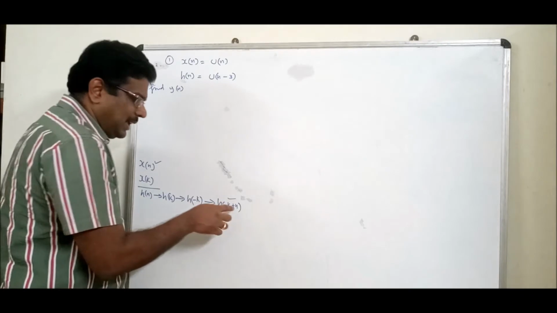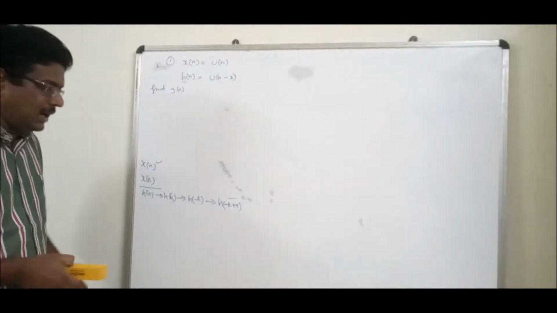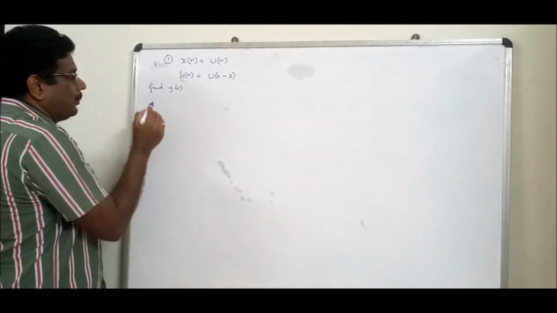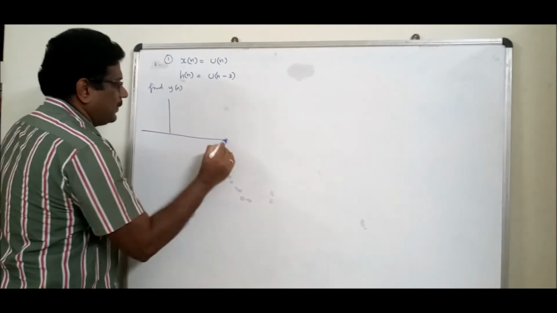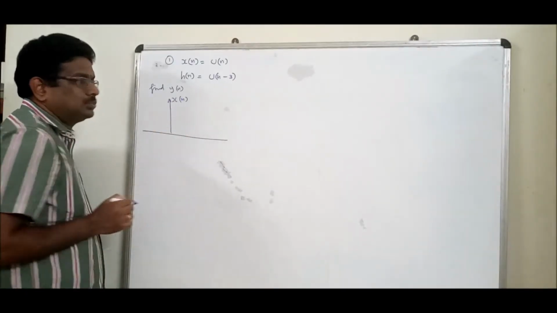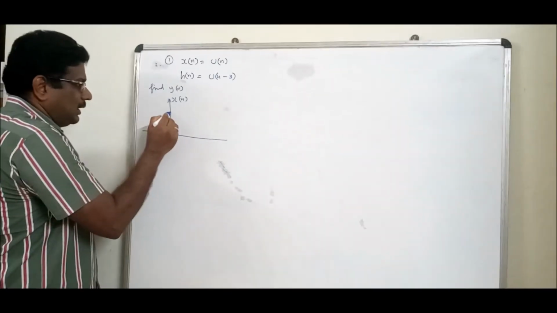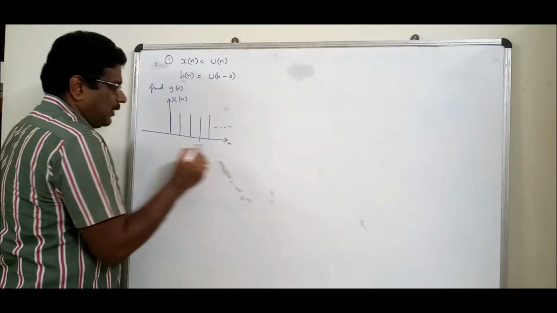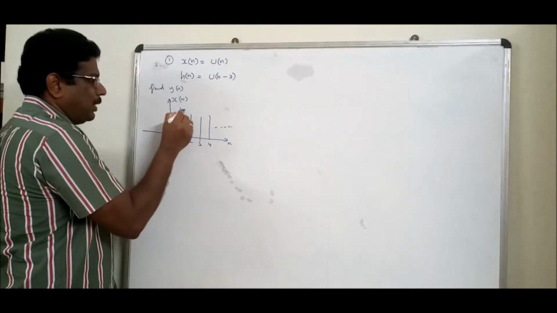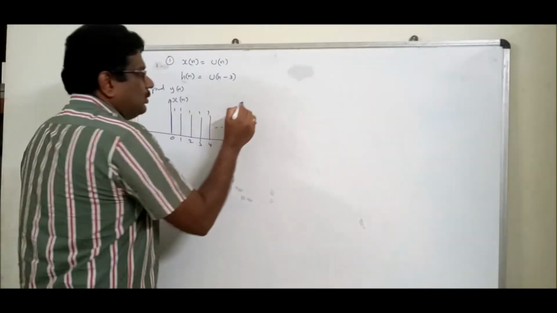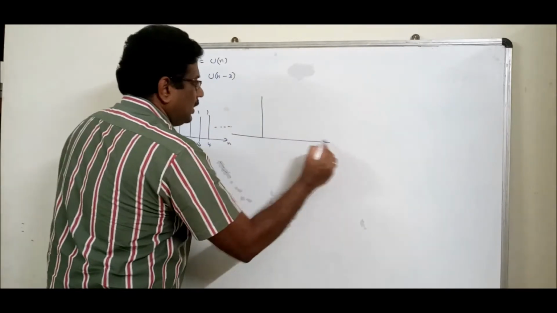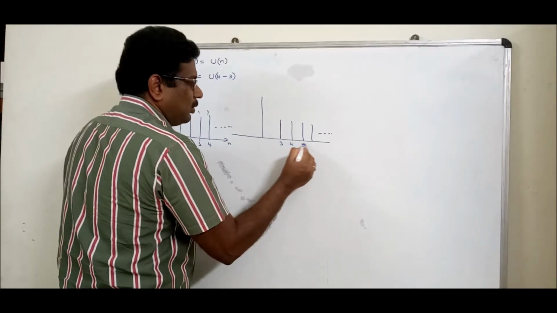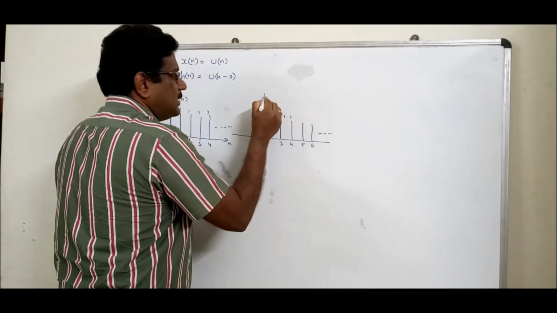The main variable is t there; here it is n. The dummy variable there is tau; here it is k. Let us start with the preliminary work. Let us sketch the signal. What is x of n? It is u of n, discrete. Dot dot dot up to infinity: 0, 1, 2, 3, 4. Amplitude is 1. Let us do h of n, which is right shifted, n minus 3. We start from 3, 4, 5, 6. Amplitude is 1. And this is your h of n.